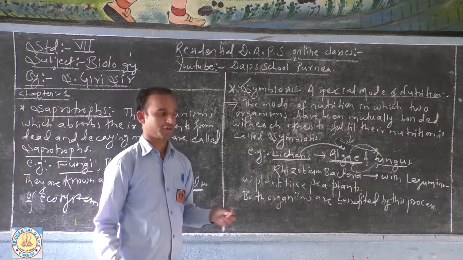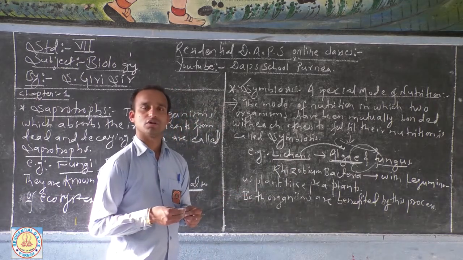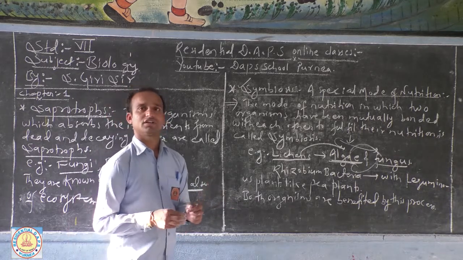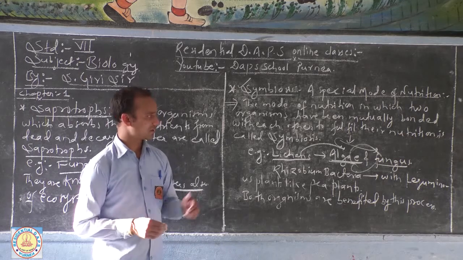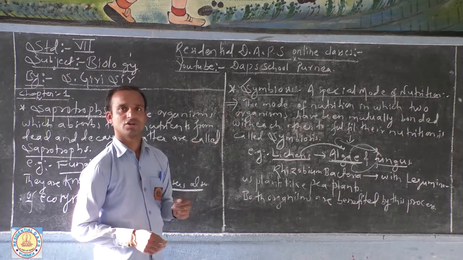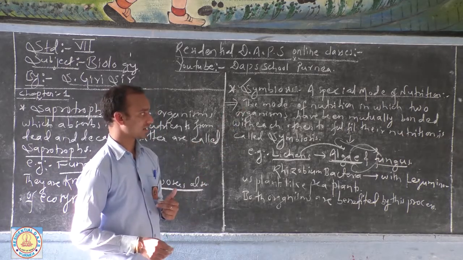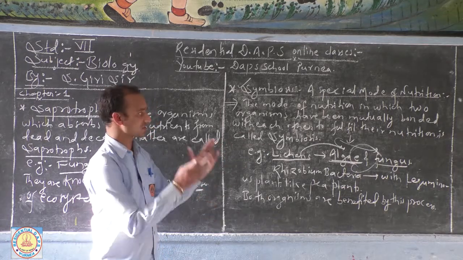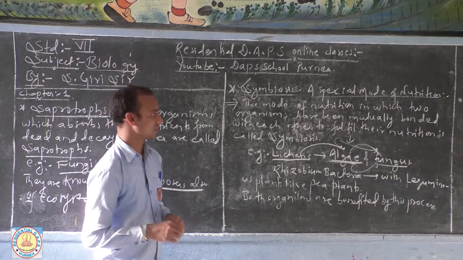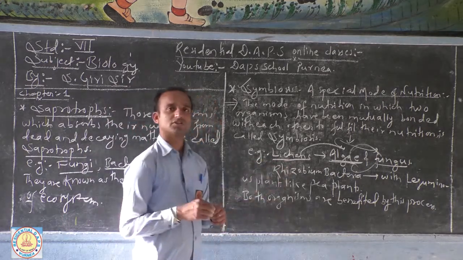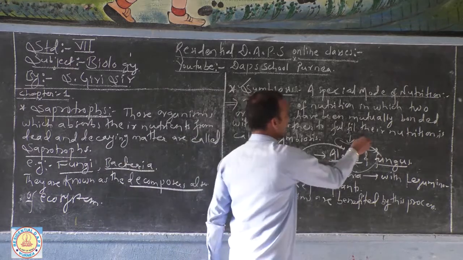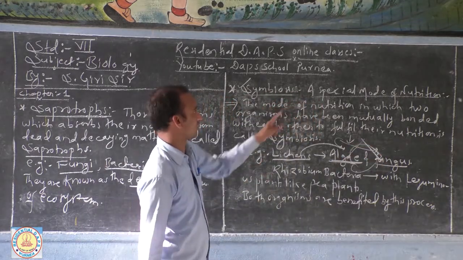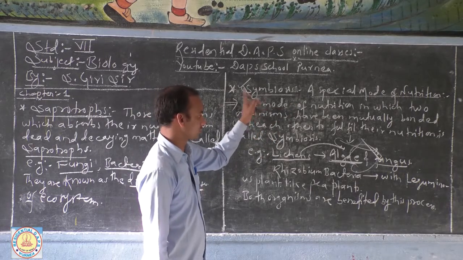Suppose in our daily life when two friends do some work, then whatever money they receive, they have an equal share between them. Similarly, similar things happen in symbiosis. Means two organisms associate and help each other mutually, and hence they obtain the food. Now this food is distributed among both of them. Means this food is utilized by the algae also and by the fungus also. So this mode is a special mode and is known as the symbiosis mode of nutrition.